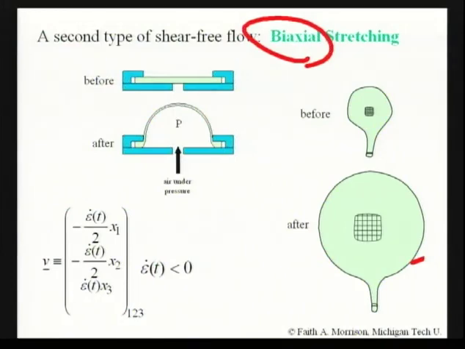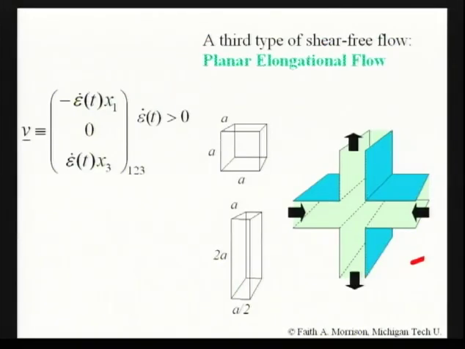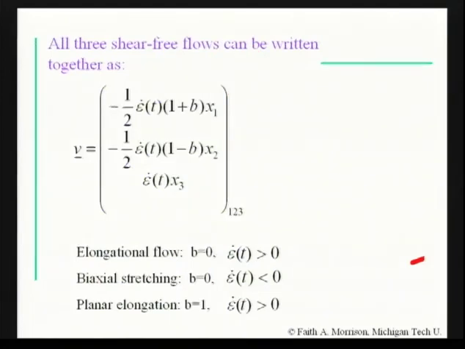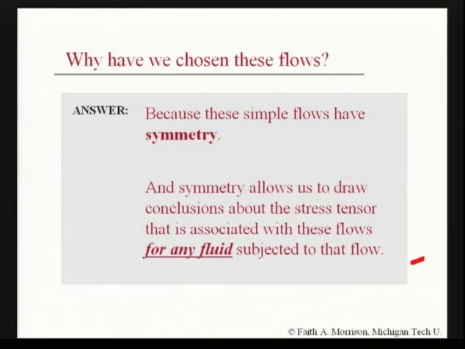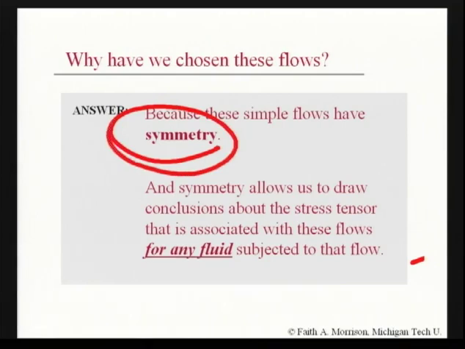So we talked about the forms of those flows, and I also defined these other two flows, the biaxial and the uniaxial. Excuse me, biaxial and the planar elongational. But then I also discussed, and this is an important point, the idea of why we chose these flows. We chose them because steady flow, simple flow, simplifies the number of stress components we have to measure. And so the simplicity of these flows is really due to their symmetry, and that's what I finished up the